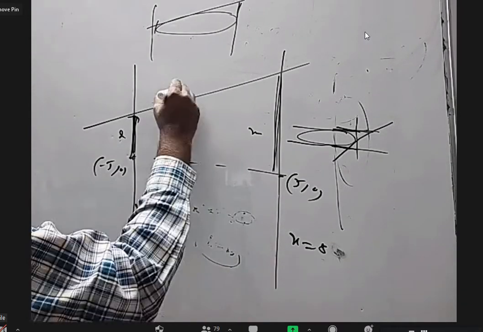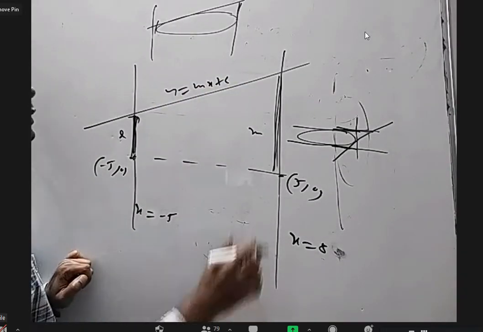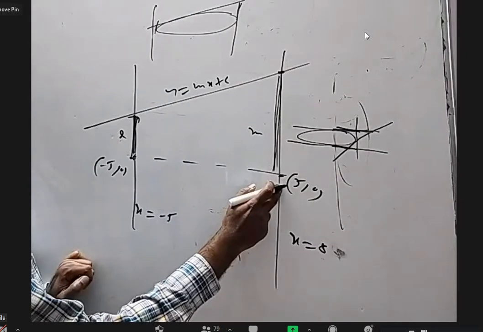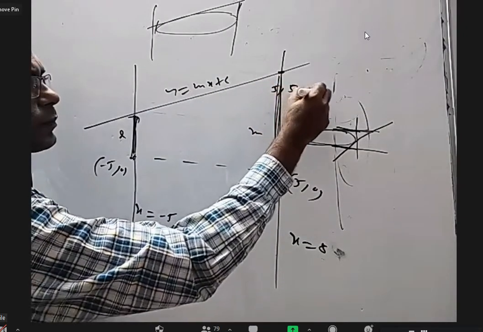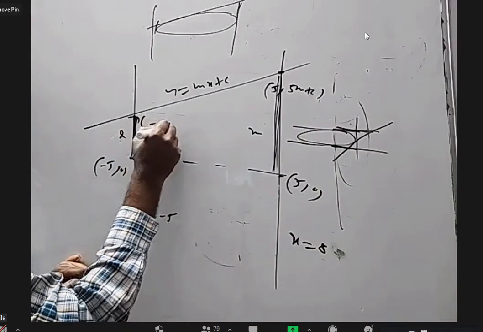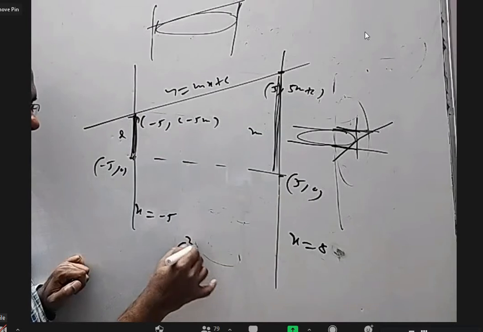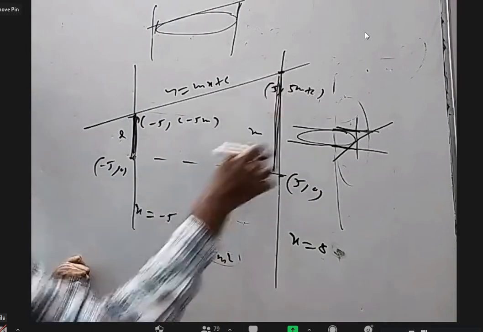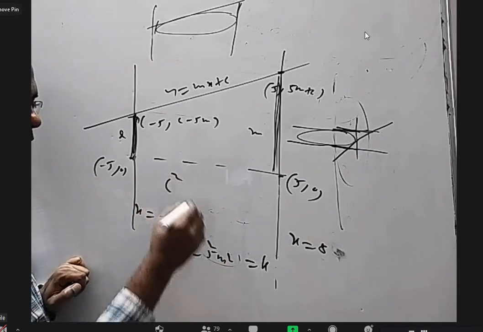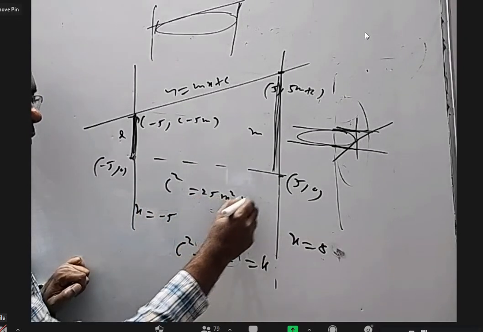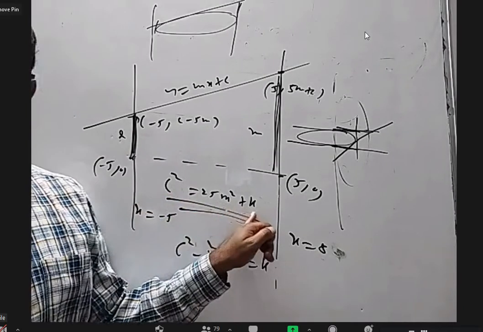Let us take this line as y equal to mx plus c. And what is the y coordinate of this? When I put x equal to 5, this will be 5 comma 5m plus c. This will be minus 5 comma c minus 5m. When I multiply these two, we get c square minus 25m square. This side into this side is equal to constant k. And that side, c square equal to 25m square plus k. It looks like c square equal to a square m square plus b square, no?